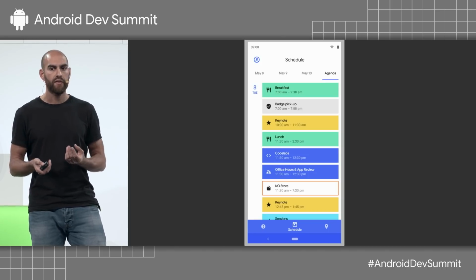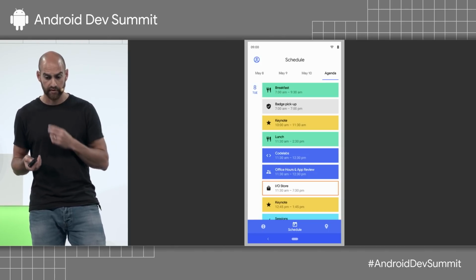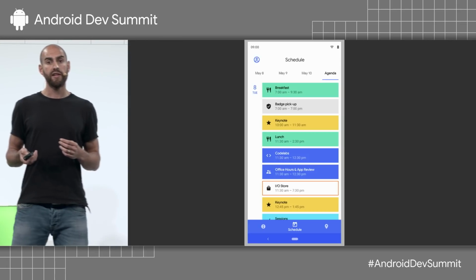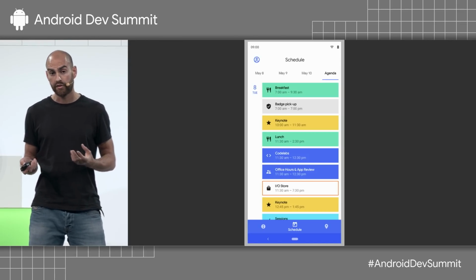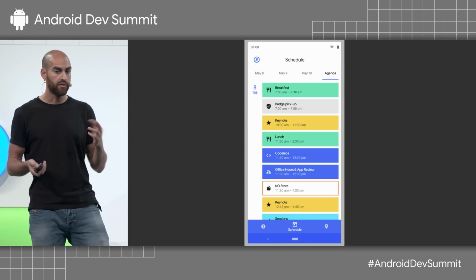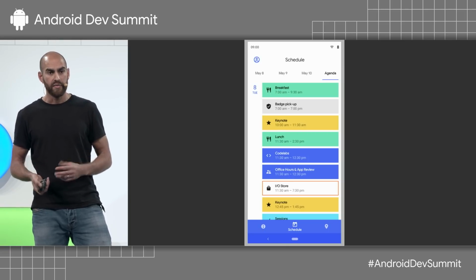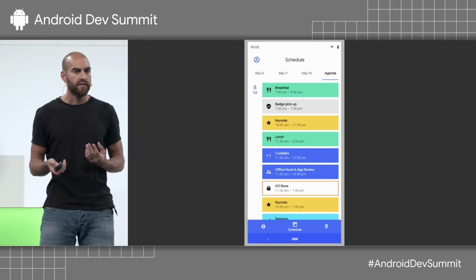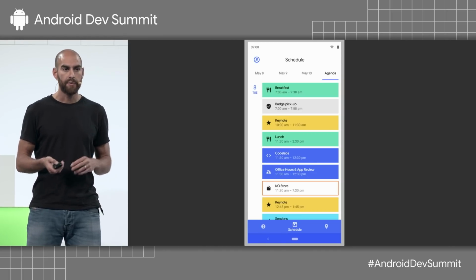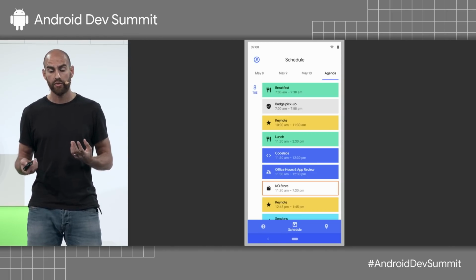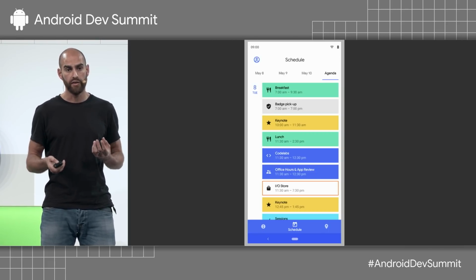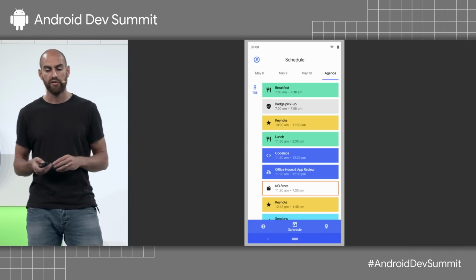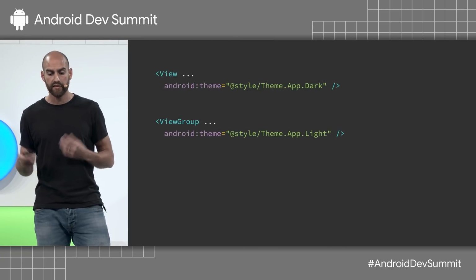But what happens if you have a screen like this, which is from the Google I/O app, where we have largely similar content? Most of these list items are the same, but the design called for some of them to be light on dark and some to be dark on light. You can think of ways you might implement this as separate layouts, or perhaps setting text colors on bind or something like that. But both of those basically either leak out the styling information beyond where you want it, or lead to an explosion of more maintenance. Instead, what you probably want to do